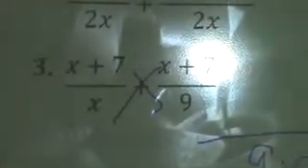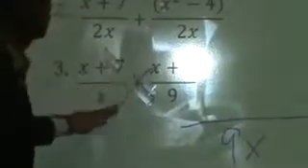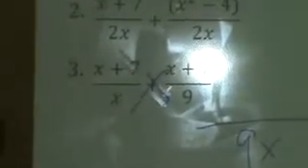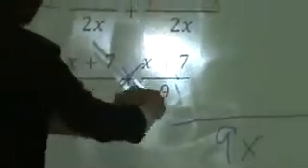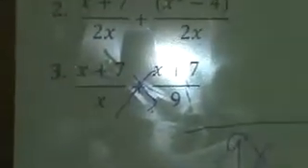Oh, you're talking about cross multiplication. So we're all on Ethan right now. He's going to go ahead and distribute the 9 to the x. Alright, so it'd be 9x plus